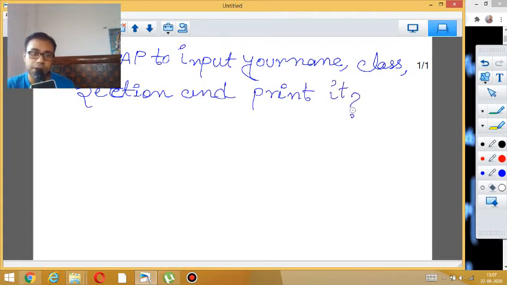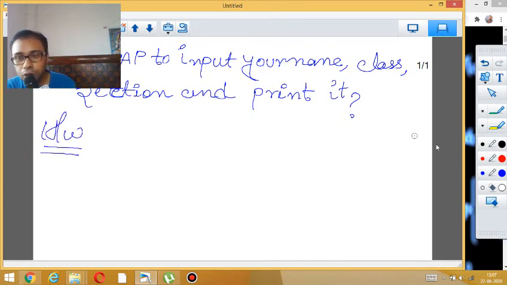So your homework will be: write a program to input your name, class, section and to print the same. And where you have to do the homework? In the computer copy, needless to say that.